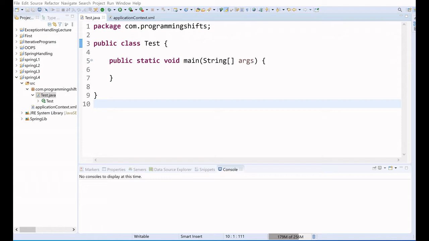But in AOP, aspect oriented programming, everything is an aspect, meaning the key unit of modularity is an aspect. Just as we use object oriented programming and use everything as a class, here we will use aspect.